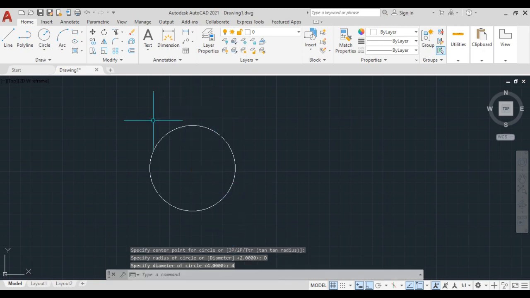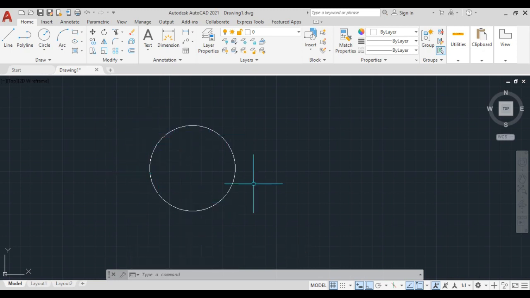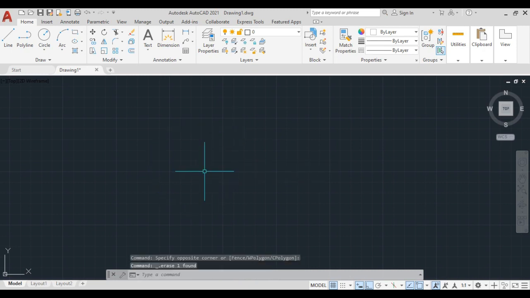So here you can see this circle is made. Here you can draw the circle. Slowly we will follow the drawing and give you practice. We will make the drawing format so that you will know more about AutoCAD.